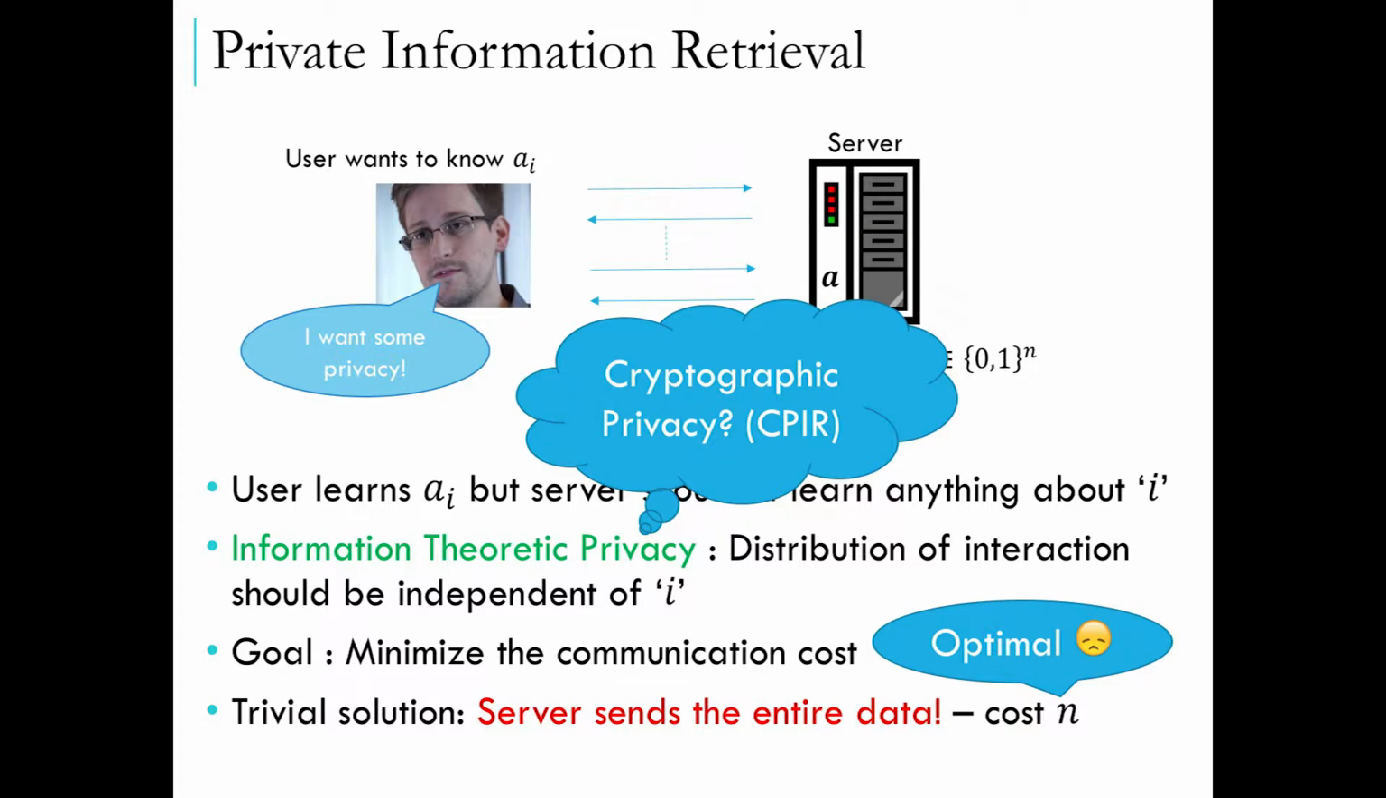So the goal is, of course, naturally to minimize the communication cost of the protocol, meaning how many bits are transferred between the user and the server. There is, of course, a trivial solution where the server basically sends the entire database, all the bits. The cost is n, and it's perfectly private because the user doesn't reveal any information about his index. And in fact, this is optimal,